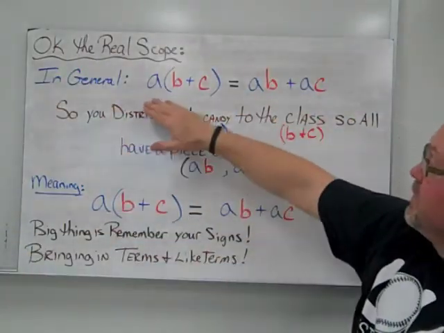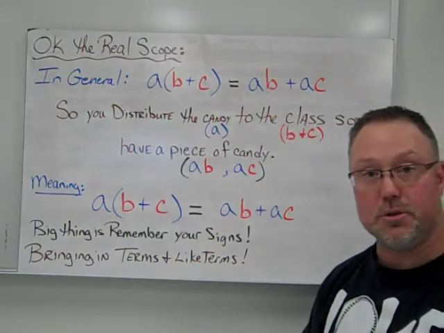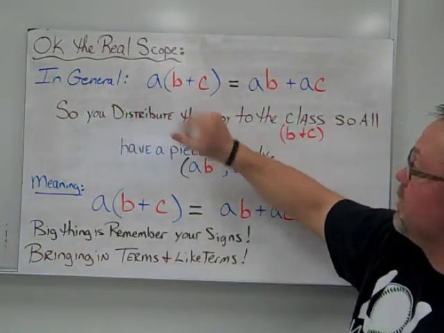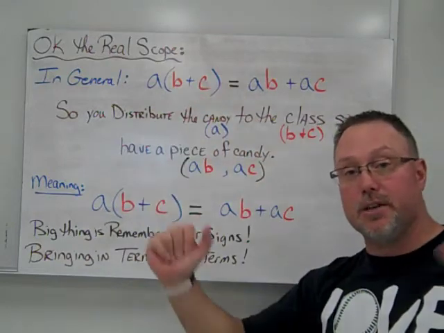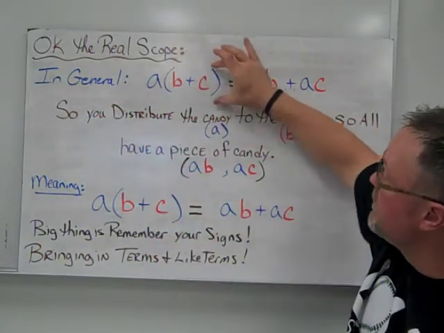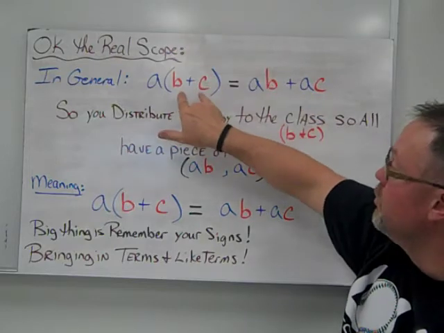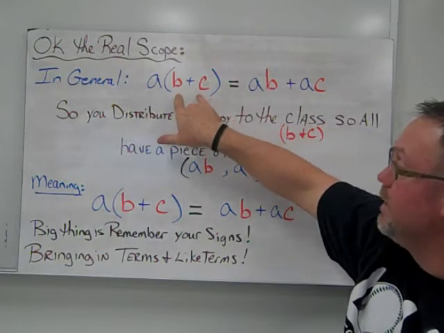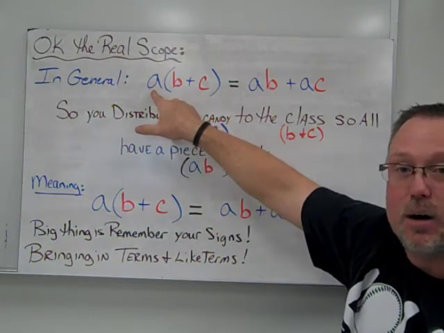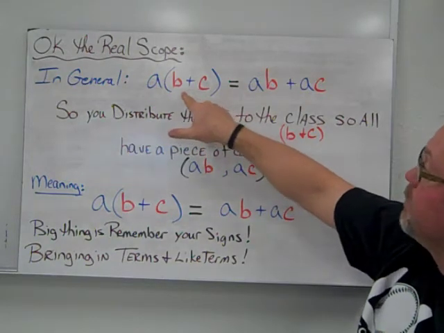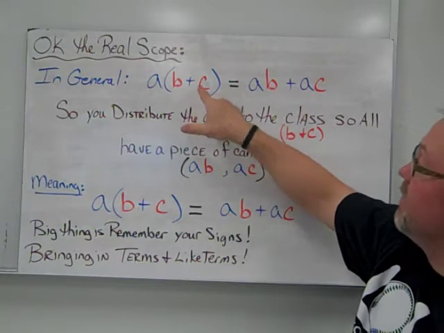In general, this is what you're going to see with the distributive property. A times B plus C. Again, parentheses. So here's how you want to take that picture that we just did. The parentheses are the walls. You guys are the students. B and C are the students. They represent you. A is the candy that's outside the door. I'm going to bring the candy into it and I'm going to give each person a